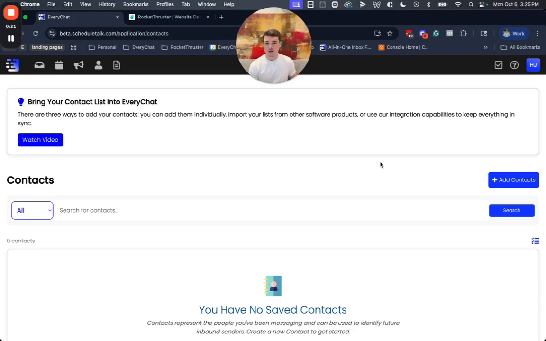All right, let's talk about contacts, because this is going to be an important part about EveryChat, not just from the standpoint of understanding who's reaching out to you, but also giving EveryChat the ability to start organizing information by that contact profile. So organizing information like texts, emails, form submissions, or even notes and to-dos. As that data starts to be pulled into EveryChat, we will organize that and associate that data with